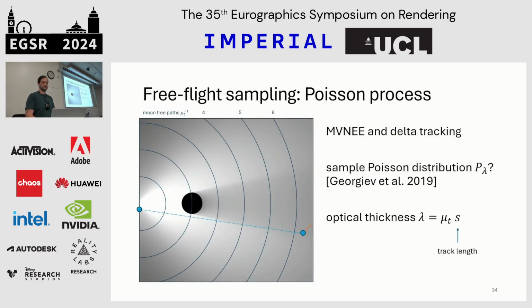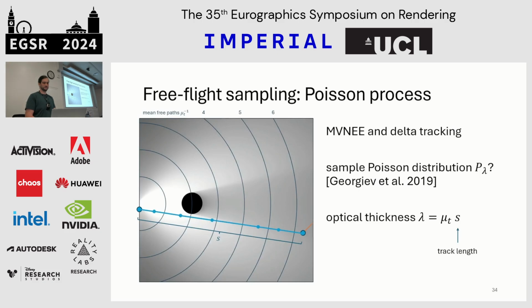So along the straight line connection, this is just the distance between the start and the end vertex, the track length, I mean. And we can just use free flight sampling to sample this, and this is what multiple vertex next event estimation and also delta tracking do. Since this is a Poisson process, the number of collisions also follows a Poisson distribution with the optical thickness as a parameter, which, as I said, is the track length divided by mean free path,